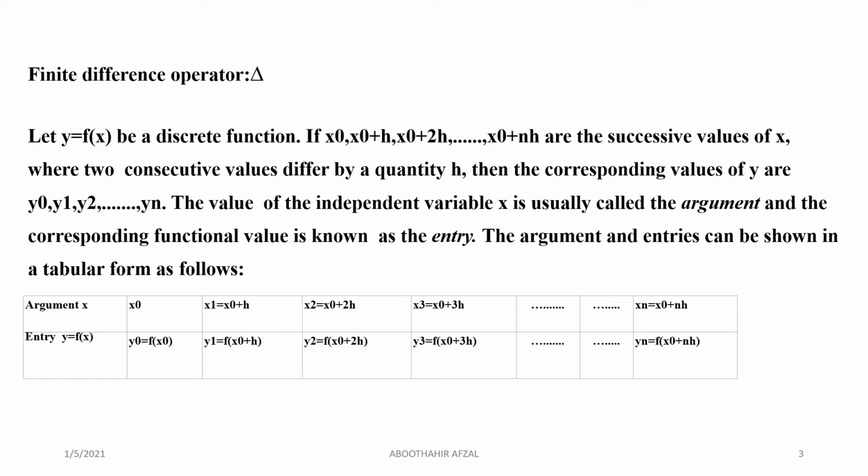The argument is x, so the first argument is x0 and the corresponding entry is y0. So what is y0? It is nothing but f of x0. Similarly, the next argument is x1. Since I told you this is a section where we deal with equal intervals of x,